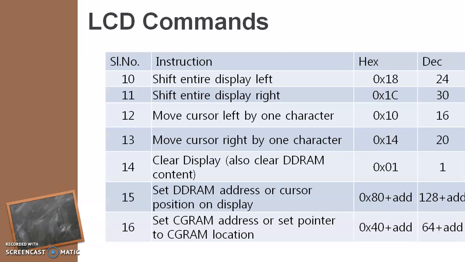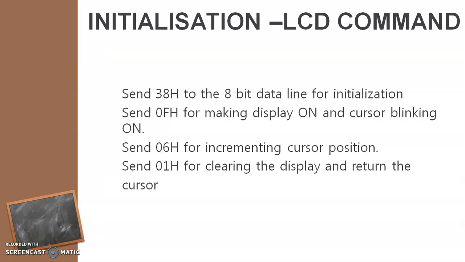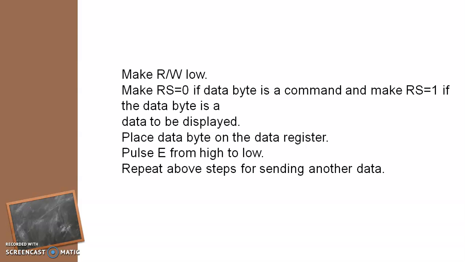Okay, so next, command 1 is sent for clearing the display and returning the cursor. Okay, you can see here the command 1. So it is to clear the display and then it is going to return the cursor. Okay, next, make the read/write low. That means the write signal is being selected. That means you are going to do the write operation. If RS is 0, then it is the command that is being written in your instruction register. If RS is equal to 1, it is the data byte to be displayed that is written in your